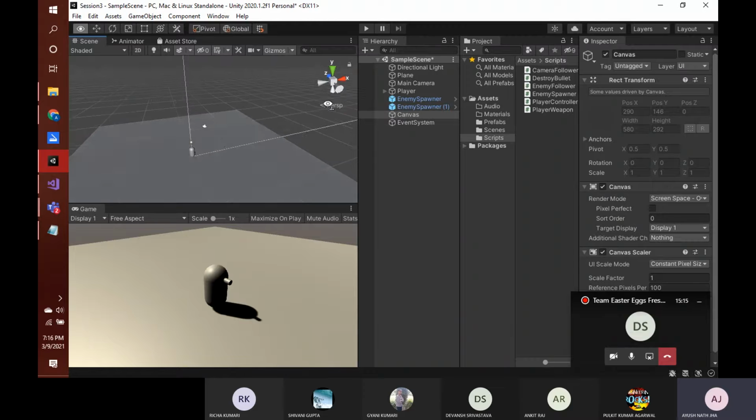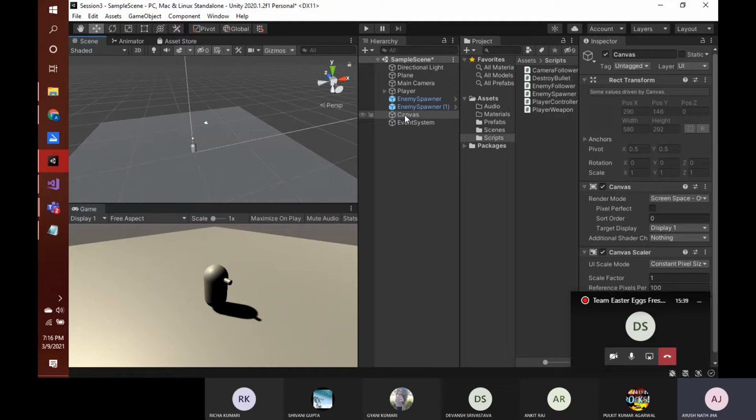Canvas is a holder in Unity within which all the UI elements should reside. It is like a page which covers this entire screen at all times, a transparent page on which all your UI elements float.